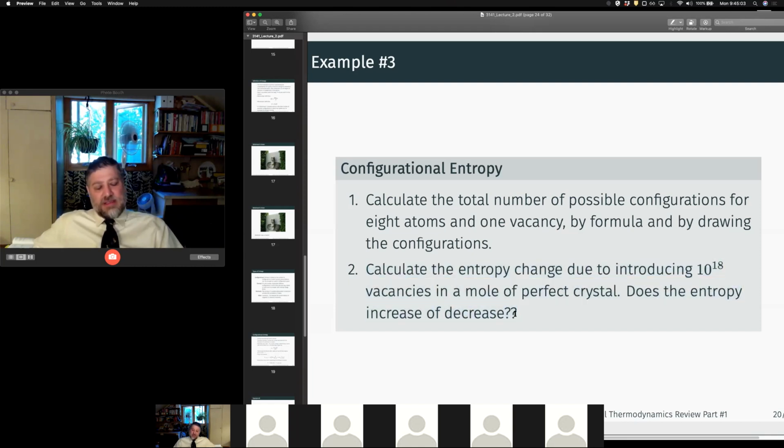The other thing is, what we see here is that because there's an entropy increase associated with the formation of a vacancy, if the enthalpy is small enough, the Gibbs free energy calculation essentially tells us that there's going to be an equilibrium concentration of vacancies in a crystal. So we're always going to have vacancies around. And this is really important for